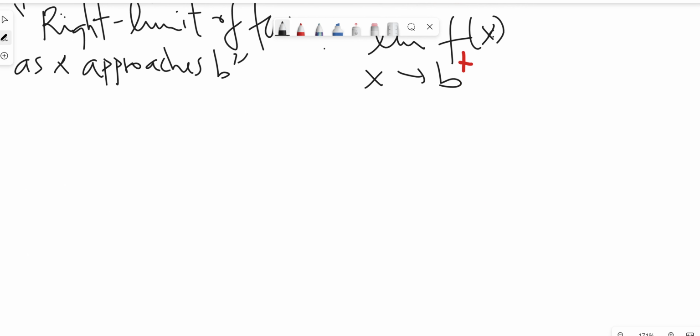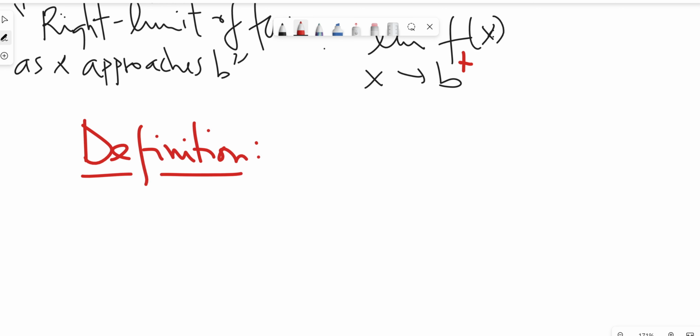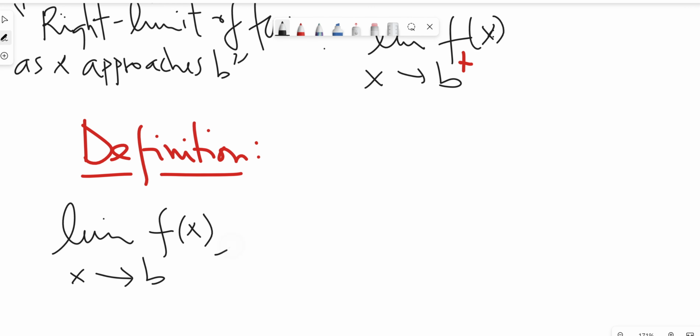So the definition of a limit goes like this. In order for the limit of f of x as x approaches b to exist,